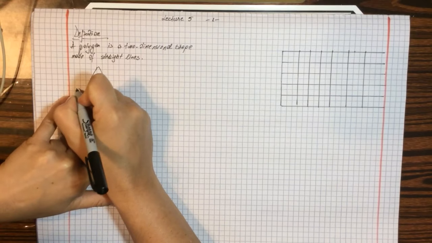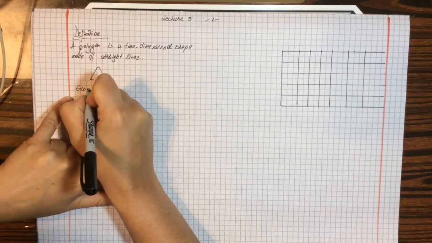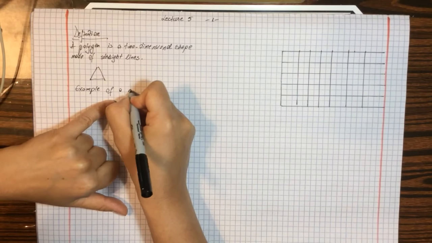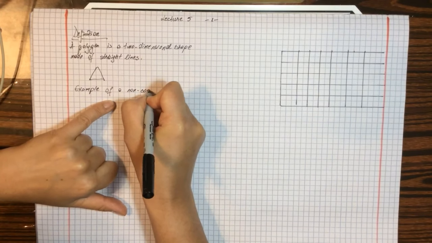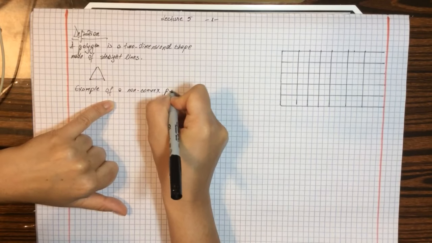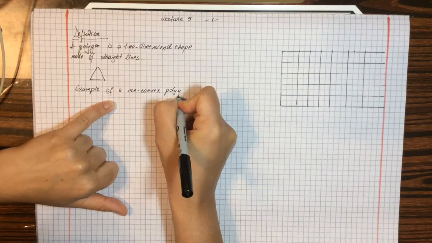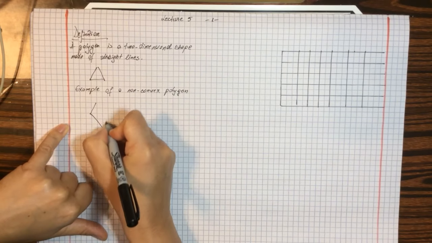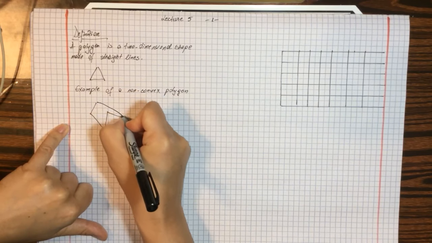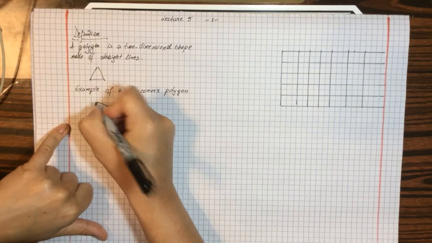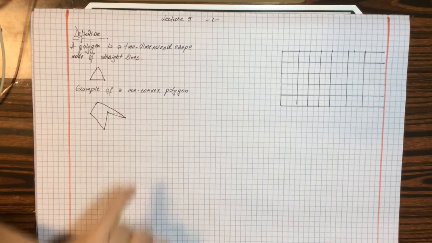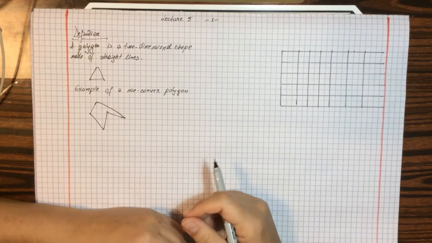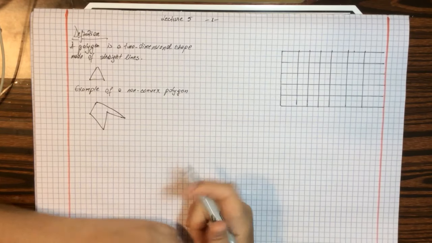So here's an example of a non-convex polygon. Okay, so here's the dent,